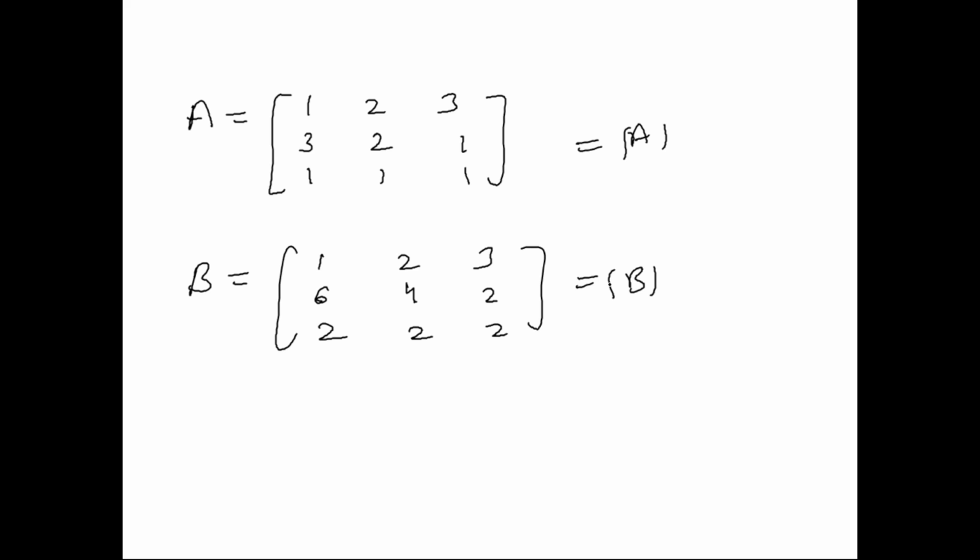What is the value of determinant A? Determinant A is coming 0. Okay, determinant A is coming 0, so the example does not help us. Let us try to find the determinant of this.